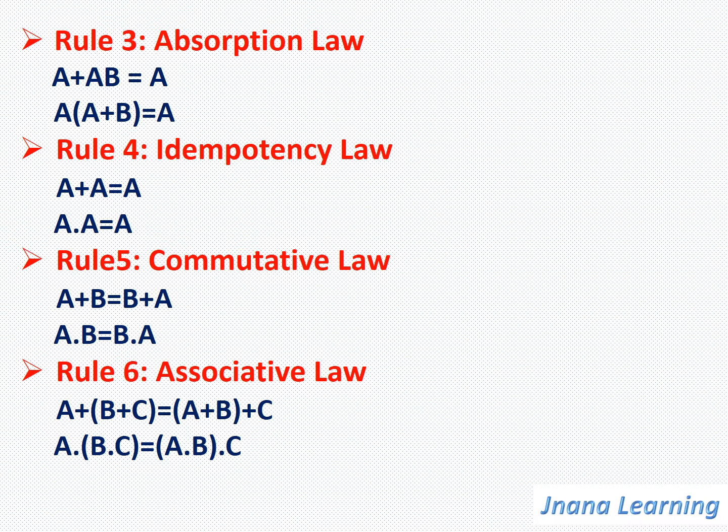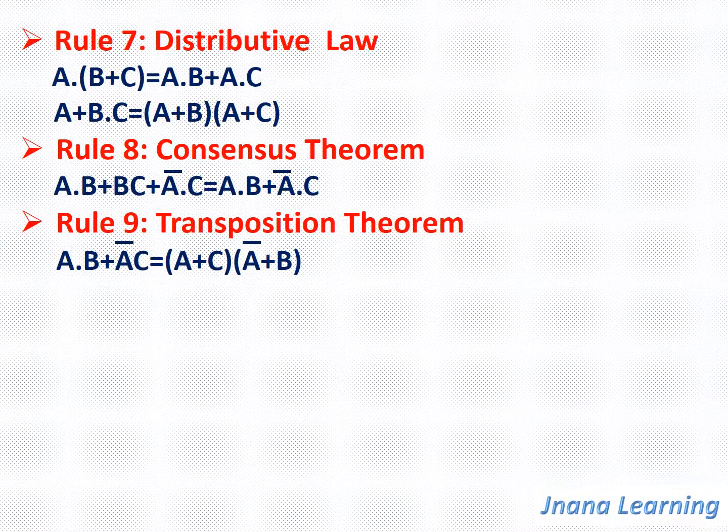It states that (a plus b) plus c is equal to a plus (b plus c), and (a dot b) dot c is equal to a dot (b dot c). So the position of brackets are important here. Now rule number 7, that is distributive law, which states that a dot (b plus c) is equal to a dot b plus a dot c, and a plus (b dot c) is equal to (a plus b) into (a